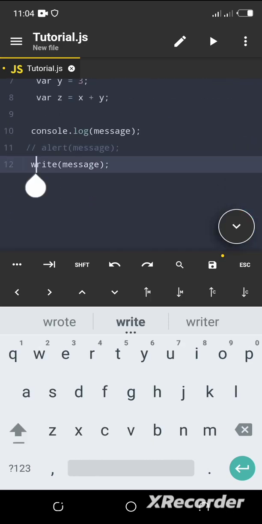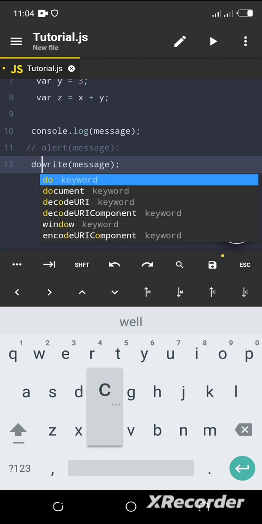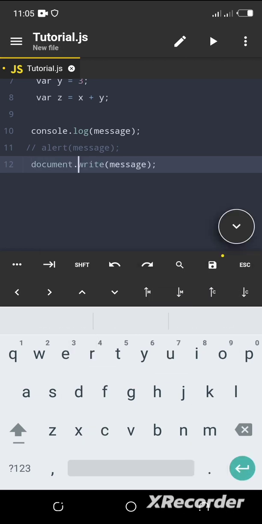The reason it's not working is because you are saying write this message, but what are you telling to write this message? You need to tell the computer to write this message on the document. To do that, you have to say document, then dot write. This is how you do document dot write. Then if you run it this time around, it's going to work,